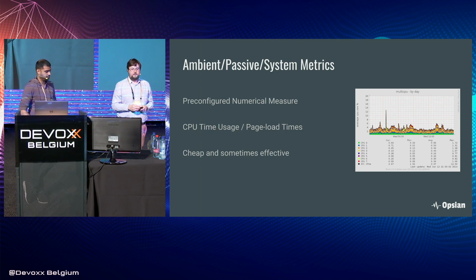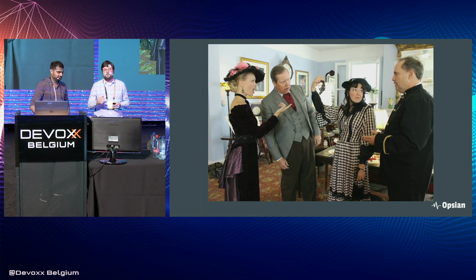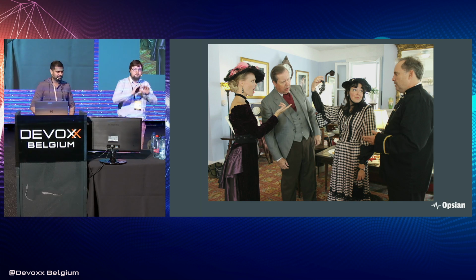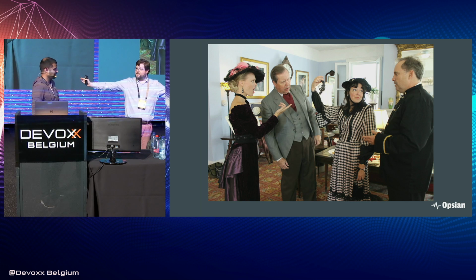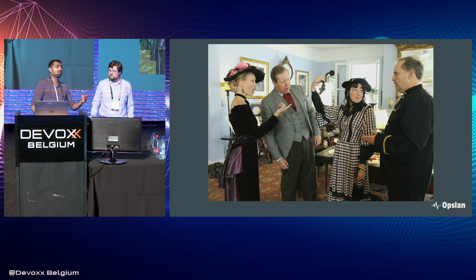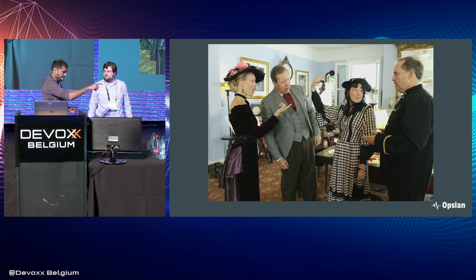Metrics can be quite effective. But the problem that people sometimes encounter with metrics is they get really hyper-enthusiastic and put metrics everywhere in their system. And then when something goes wrong, you end up going through all the metrics and pointing at this one and saying, are you responsible, are you responsible, are you responsible, basically until you find something that looks odd. And it ends up being a bit of a murder mystery kind of event.